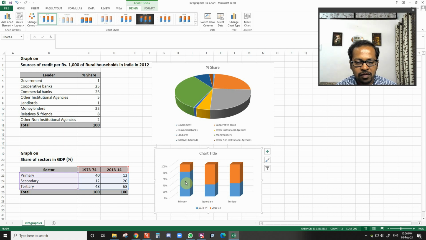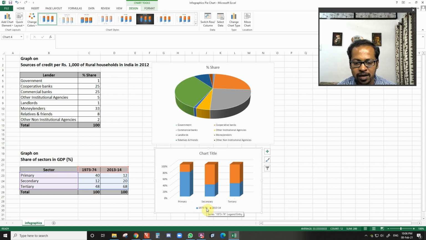Now if I want to have some modification in this chart, then also it is possible. What I can do, I can click here. I need years here. In place of primary, secondary, tertiary, I need years as the base.